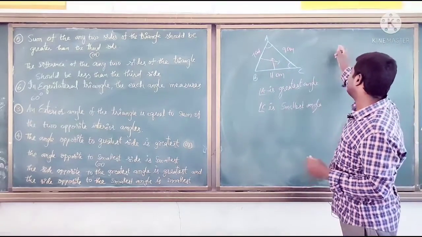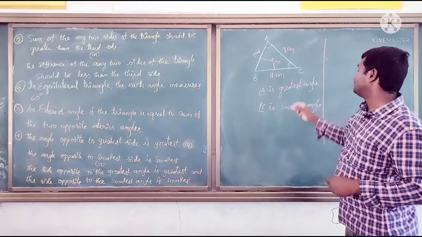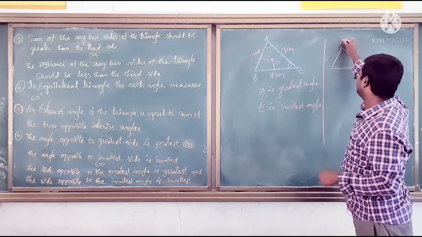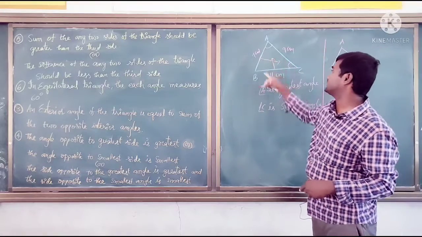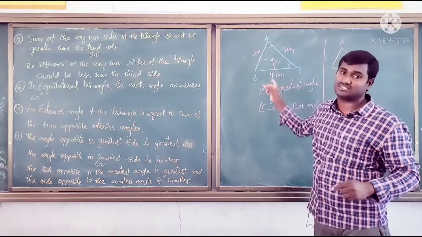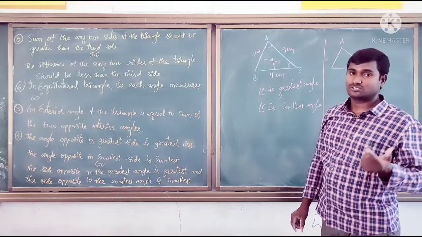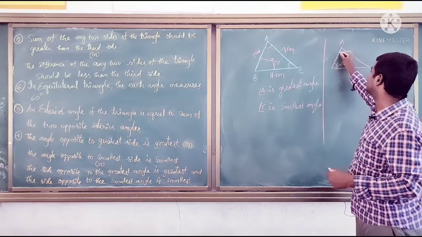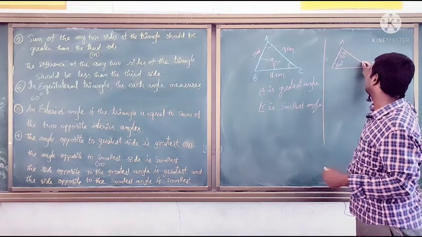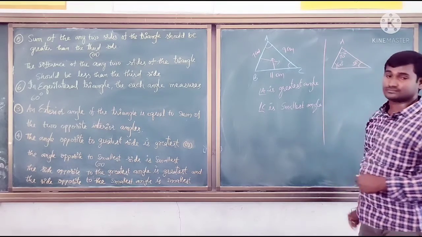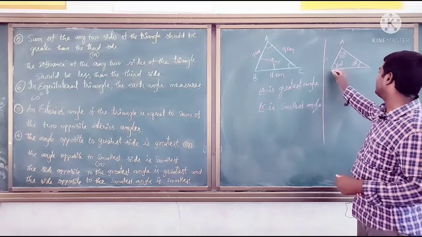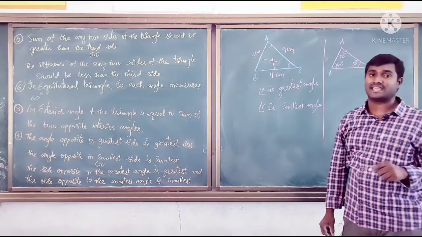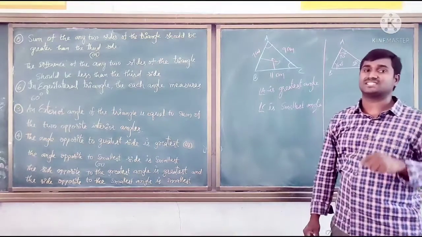Okay. And we need to find now if they give angles. Suppose in this question ABC, by using the measurements we can say which is the greatest side and which is the smallest side. By using the angles sometimes we cannot say. So 60 degrees, 70 degrees, 50 degrees. Here we have angles, we don't know the sides measurements. So how can we say which is the greatest side and which is the smallest side?